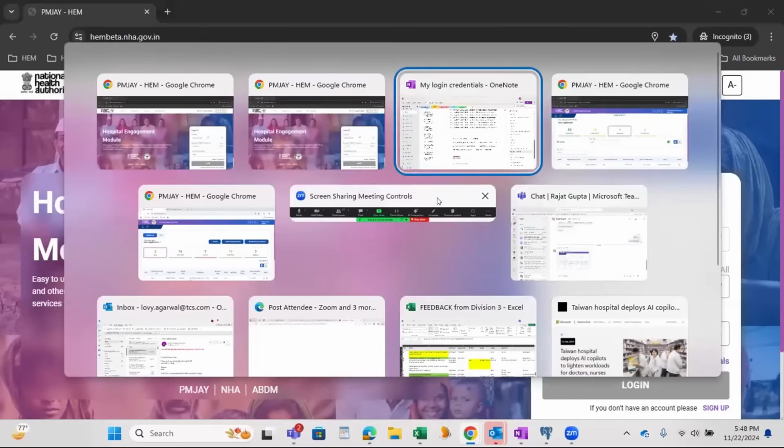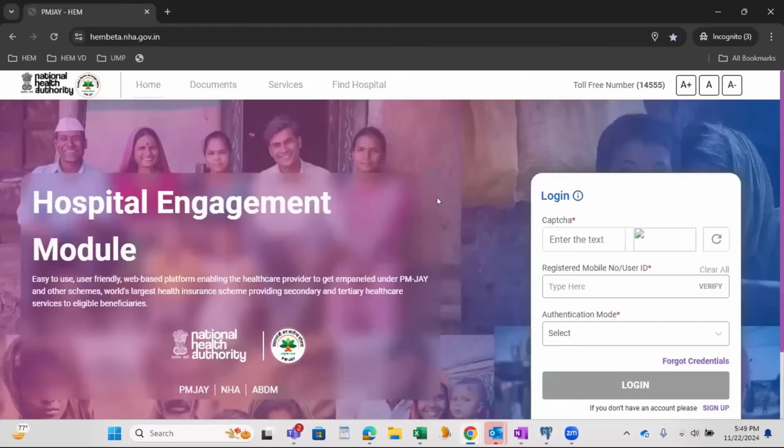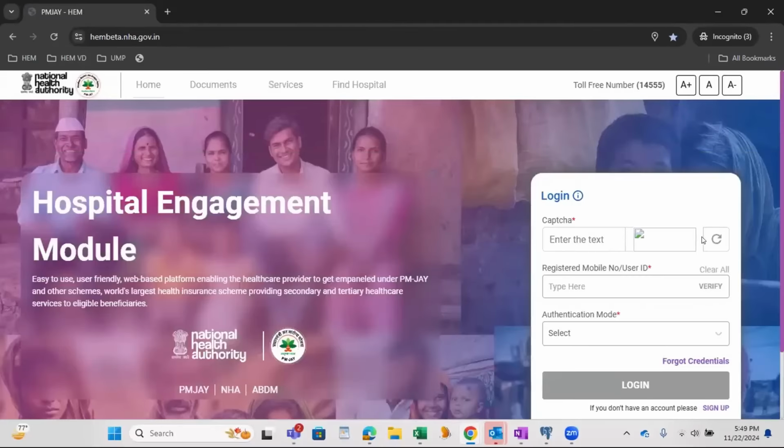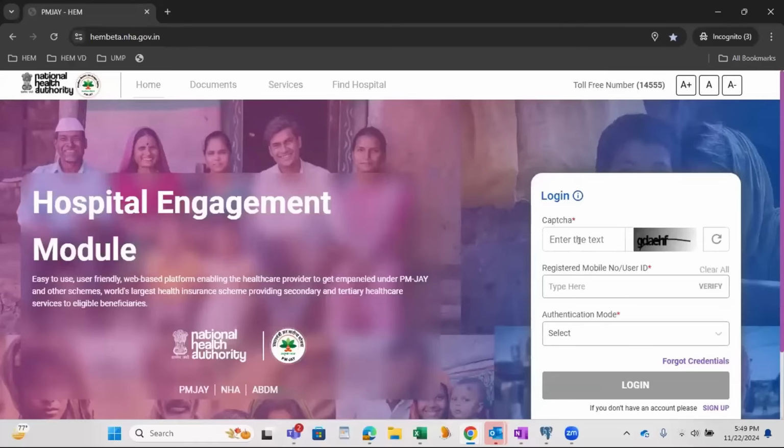The request which was submitted by the admin user for an upgrade, the SEC user will receive this request. Now the SEC user can approve this request. Let me see why this. I have reloaded, Parmit. Okay, now it came.